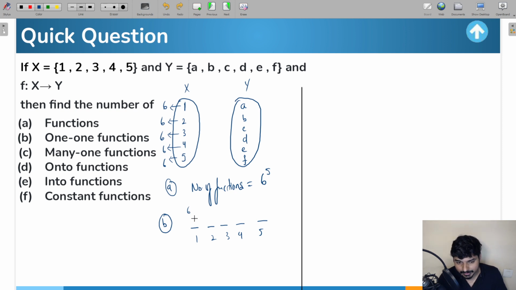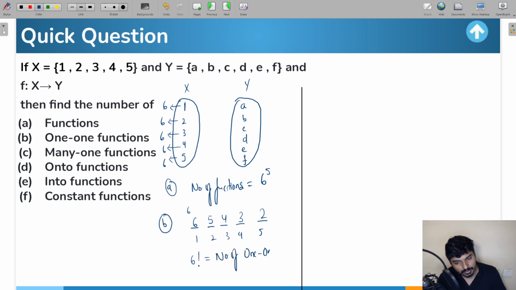The first position can be filled up in 6 ways. The second position can be filled up in 5 ways. The third position in 4 ways. The fourth position in 3 ways. The fifth position in 2 ways. So if you want to calculate the total number of arrangements, it is simply 6 into 5 into 4 into 3 into 2, and that is simply 6 factorial,